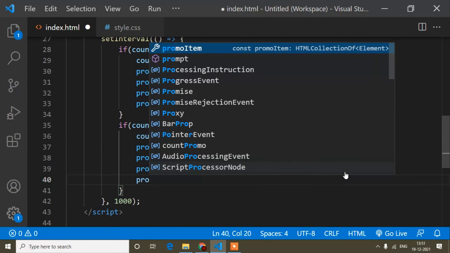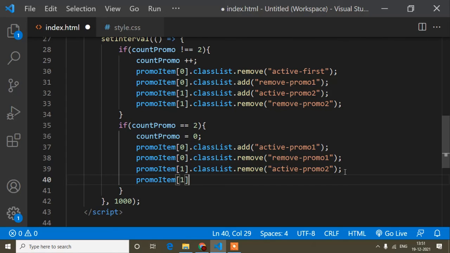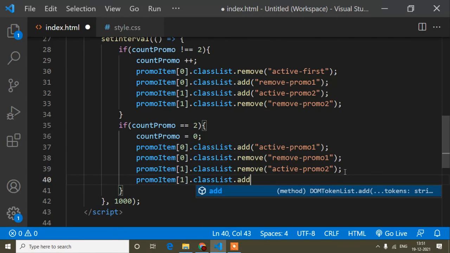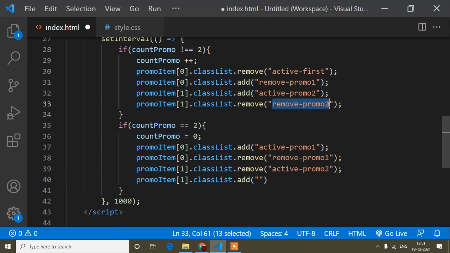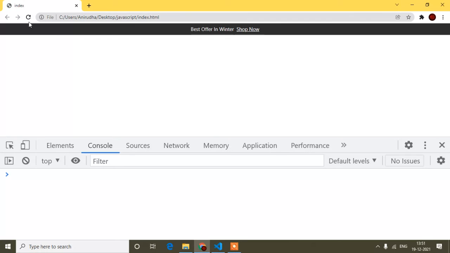Again promo item 1 dot class list dot add, okay. Which one will I add? Here I have to add this remove promo 2, because I removed this one, so I will add this one. So save, and now if I refresh, you can see,